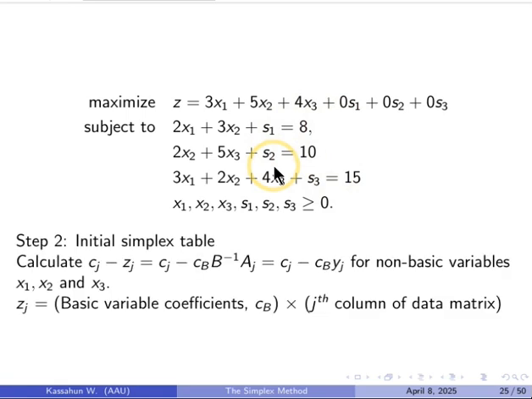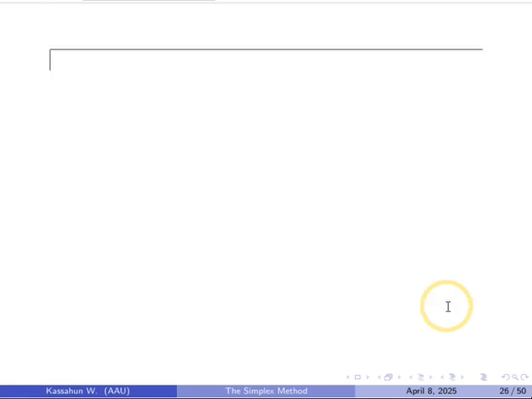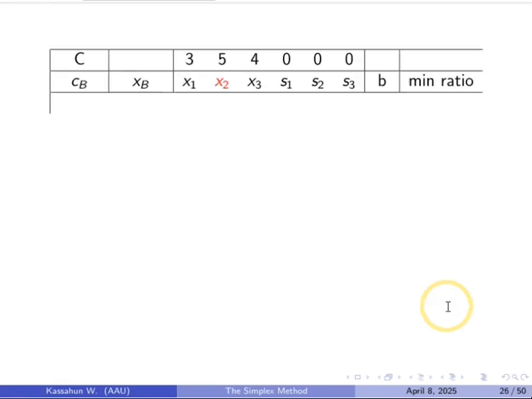After this, what do we do? The initial simplex table will be calculated, Cj minus Zj, and for the basic variables here, we multiply by the j-th column of the data matrix to get Zj.